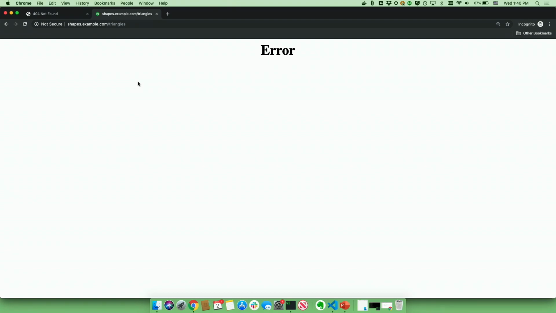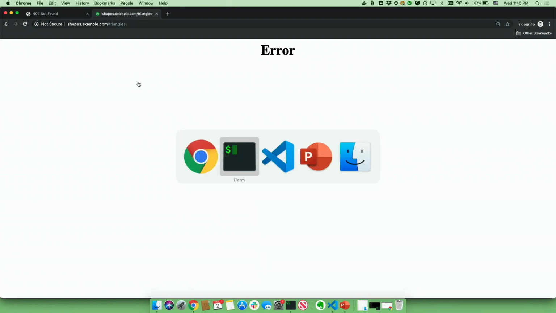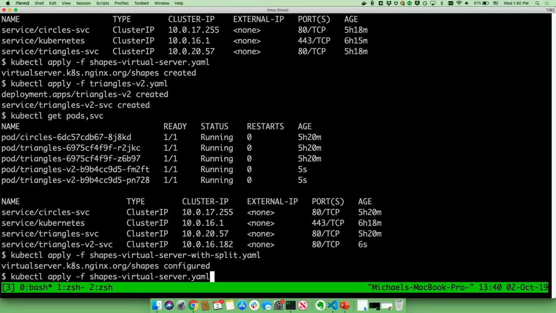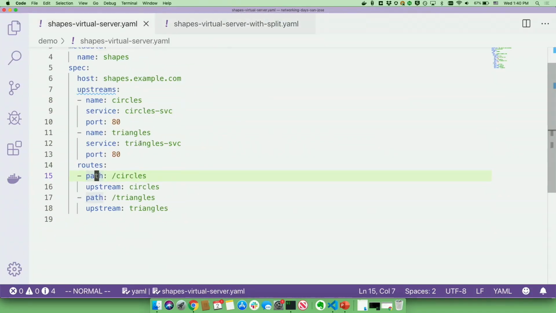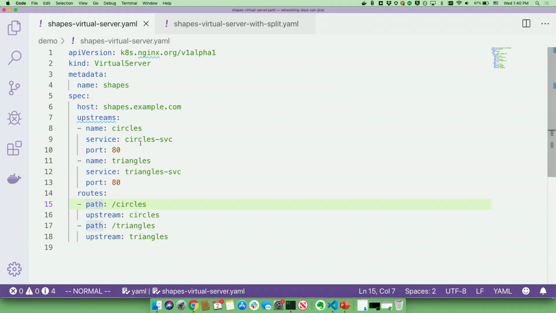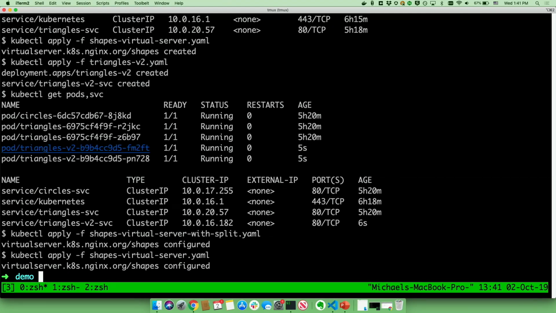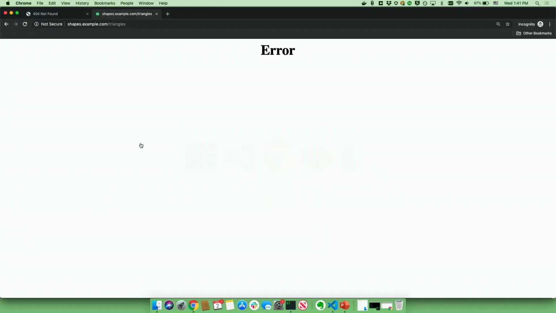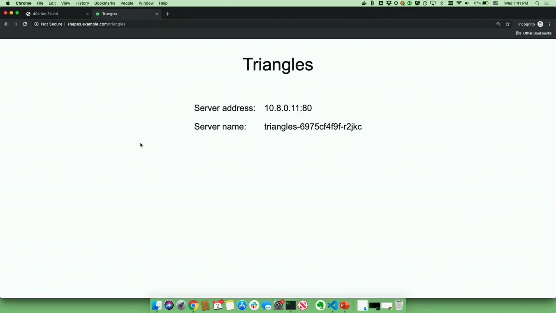So what we can do is go back and update the VirtualServer resource to the version that we used the first time, without the second version of the triangles app. So let's do that. And let's try to access the triangles path again. And again, now we're not seeing any responses from version 2 of the triangles. And this is an example of using canary releasing as